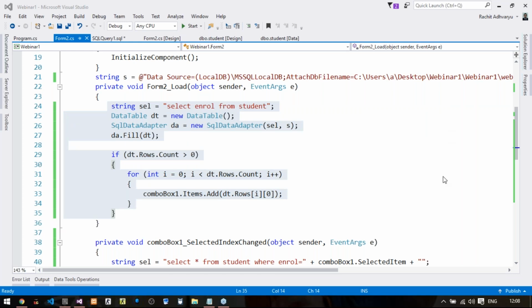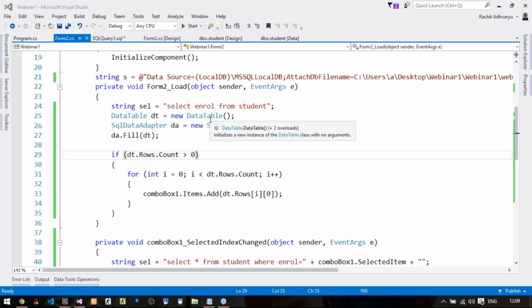I'll zoom for you. Once you are done reading, just provide 3 to 4 answers that yes, we are done with the first part. We'll move to the second part. Okay, so we'll move to the next part.